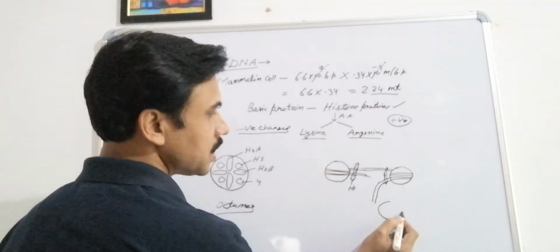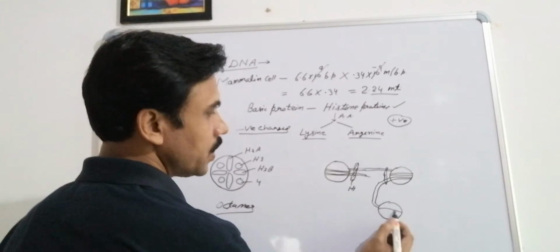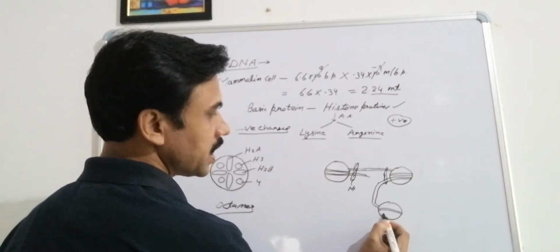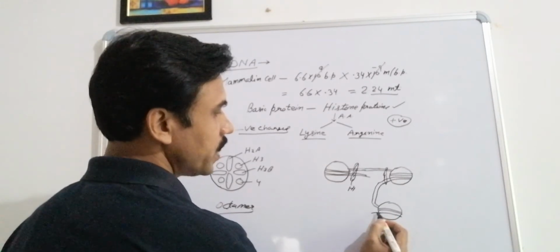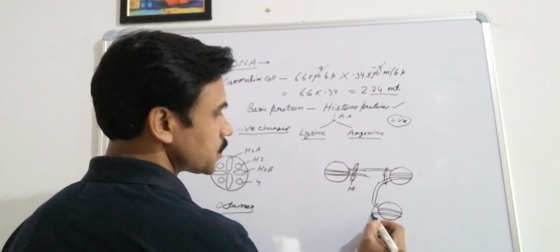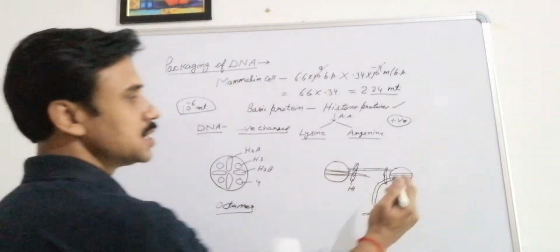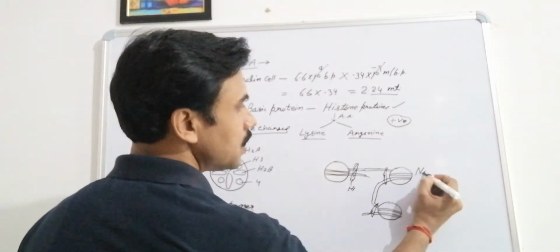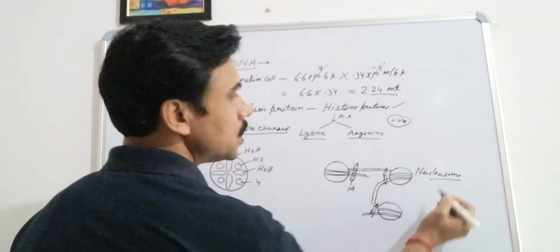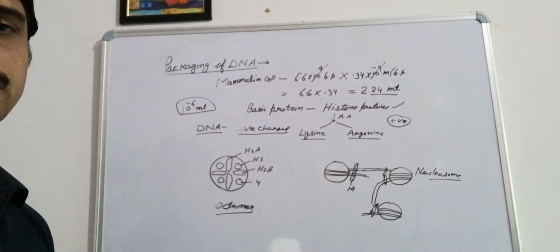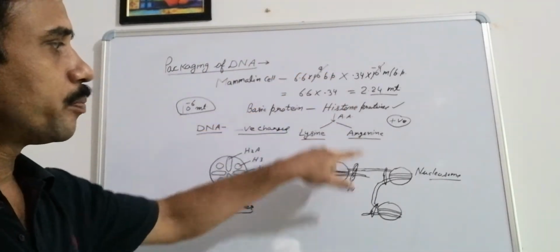In this way, what happens? This DNA keeps on coiling on this octameric unit, and the result is what? Which is forming the nucleosomes. So these models which are produced here, we are considering as nucleosome. So these are nucleosomes only which are helping the larger DNA molecule to pack inside